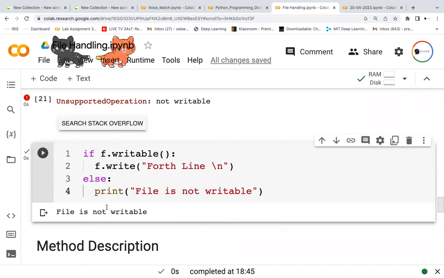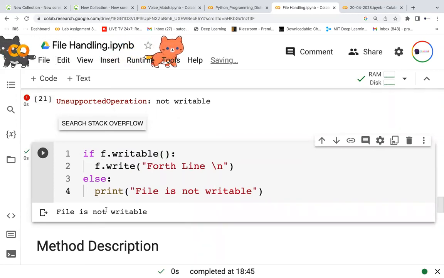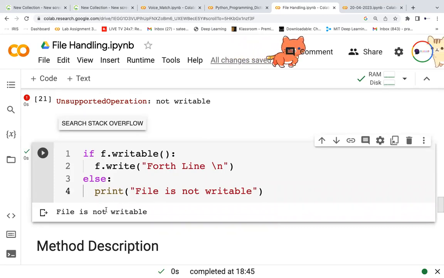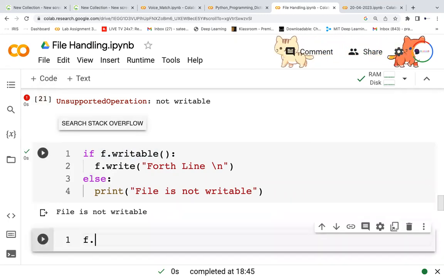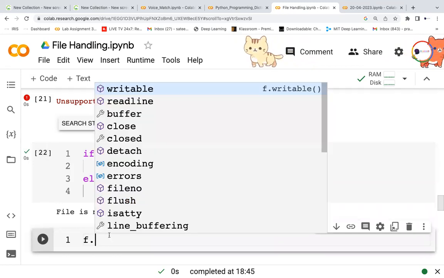So see, this is how I can check instead of crashing. Simultaneously writing the file and reading the file without knowing what mode it has opened. Instead of that, is it writable or not is a question I will be asking, and based on the result, I will do the operations. And so many other functions are there similar to that. Let me show that, there is one more function called